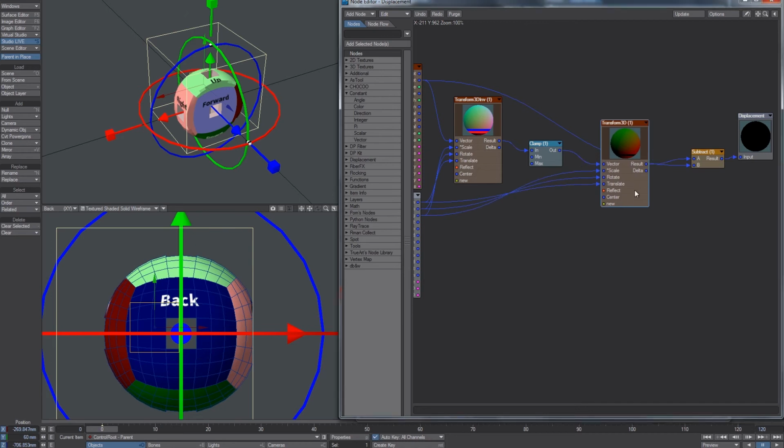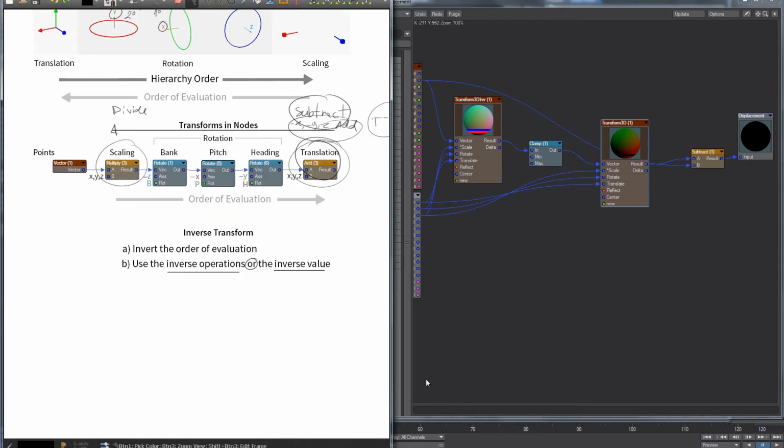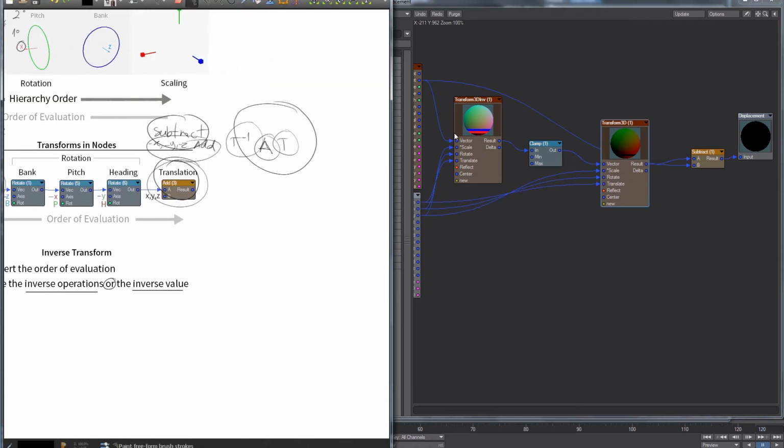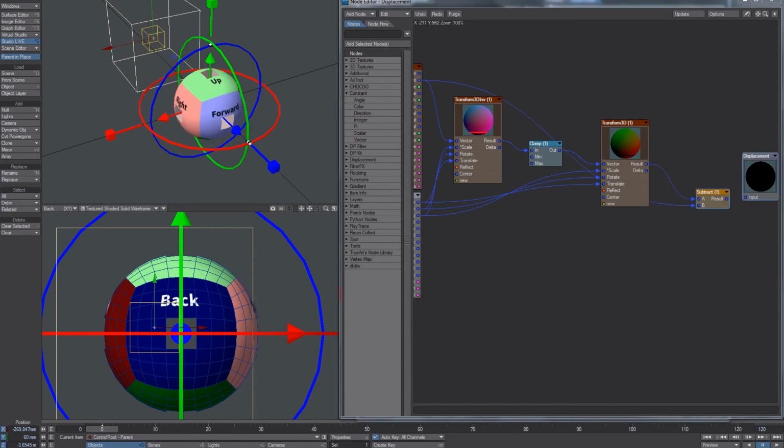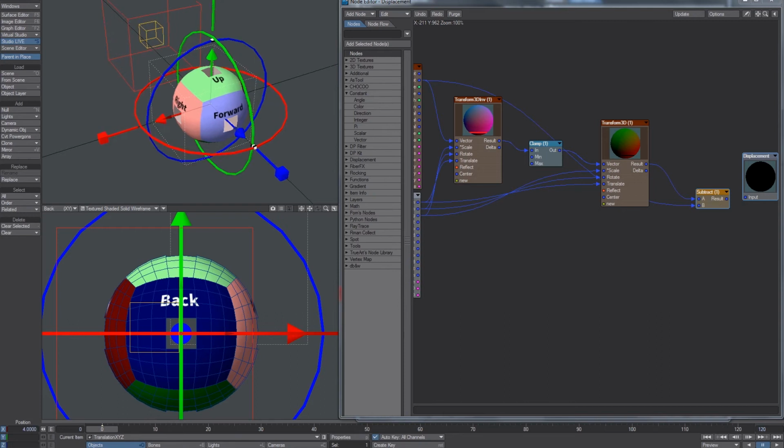So in a way, this is again another conjugation operation, as I've talked about before. But in this case, it's not just for position, but for position, rotation, and scaling. So it's a conjugation that takes into account all three transforms, not just one. Another application for the inverse, let me reset this, is that I can, for example, have a falloff being controlled by it. So let's go into shading, VPR,